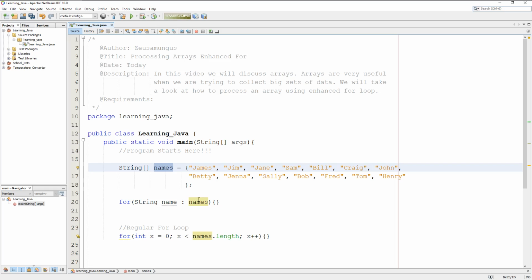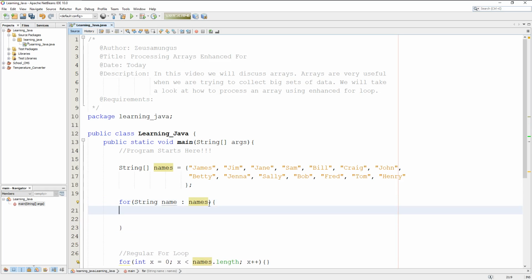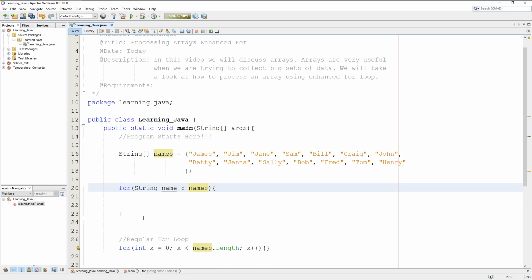This is where the name of the array just pops in. You don't have to put in the actual brackets, that'll throw you an error. You just have to leave it as that, and I'll explain what's going on here. When we come down to our loop, this loop is the same thing, but it has all this stuff built in. So it knows the length of the array already. It knows what's going on for the counter. It takes all that into consideration. So it looks at the array and says take the first value of the array, the 0, and pop it into this variable,